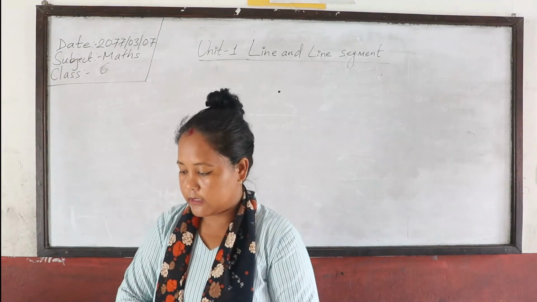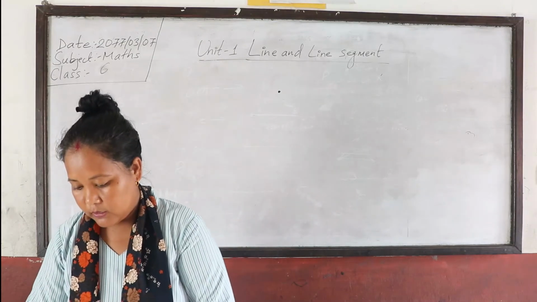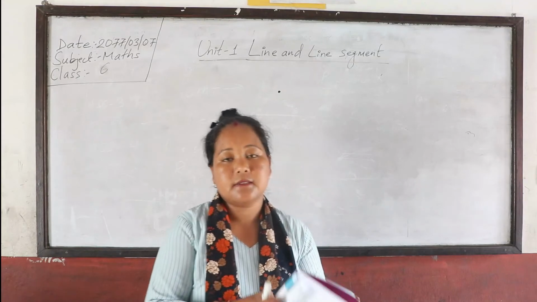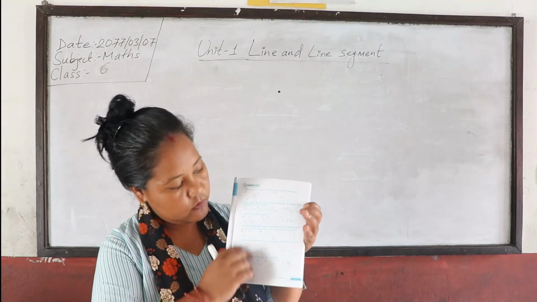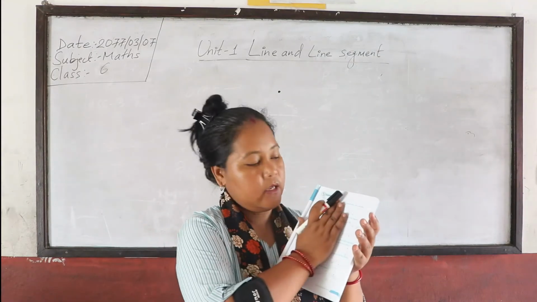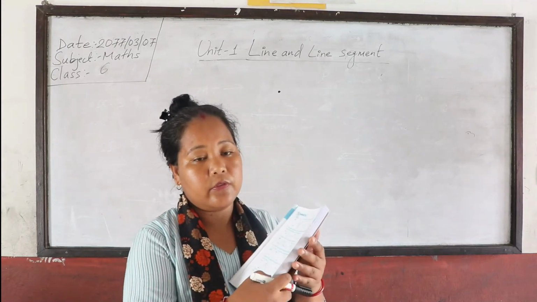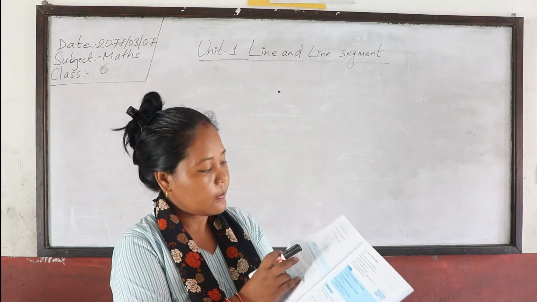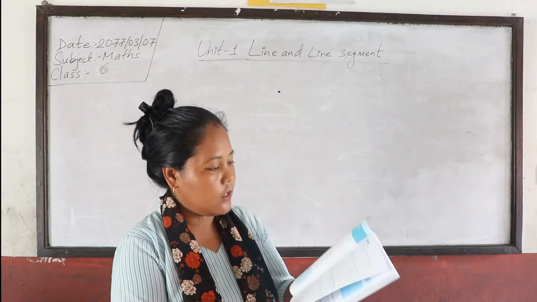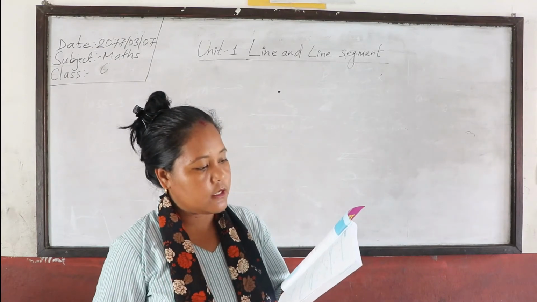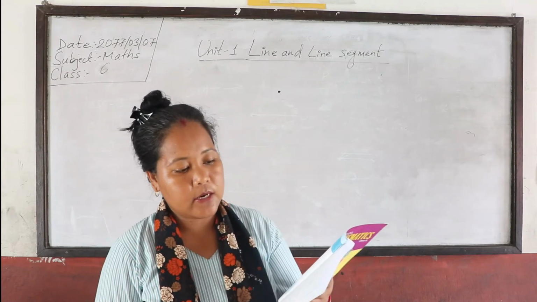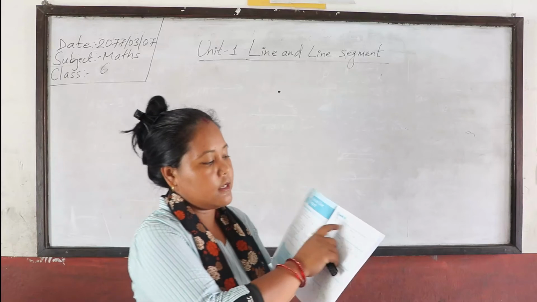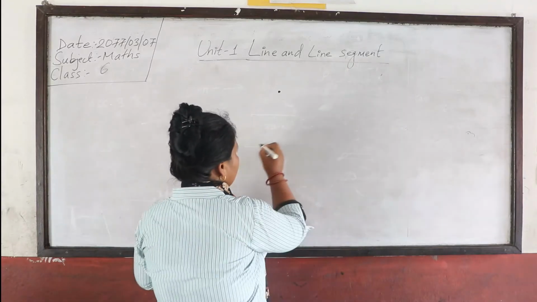Okay, so like this we completed this review part, and there is a given exercise. There are so many exercises. Do it, and if you have any confusion then you can ask me. Question number 1: study the given figure and write 3 points and 3 line segments. There is a given picture.